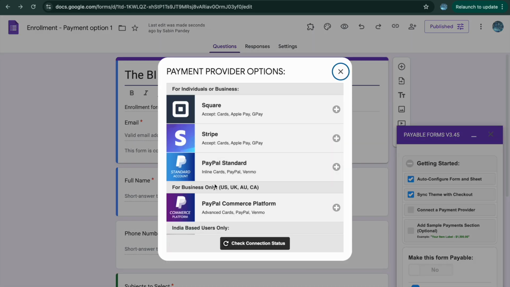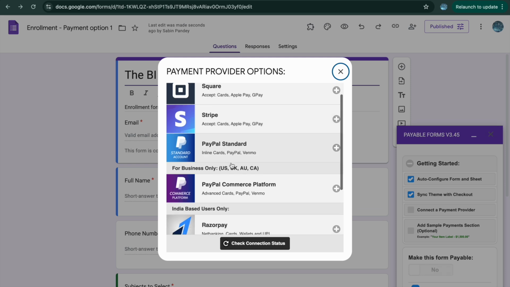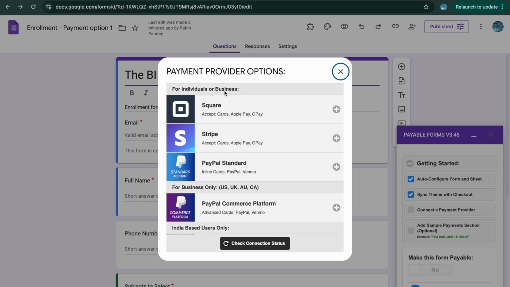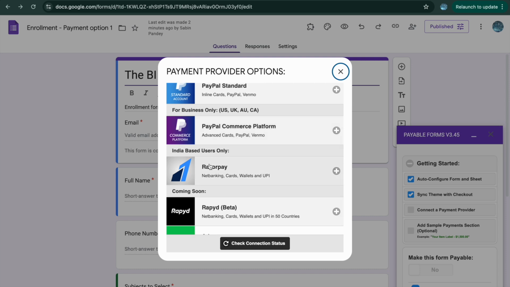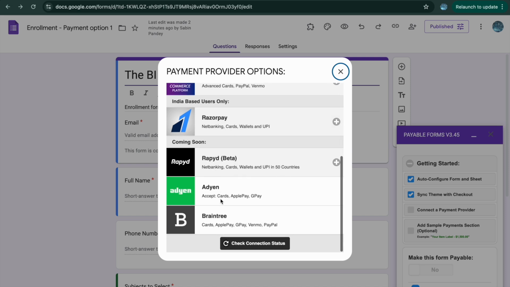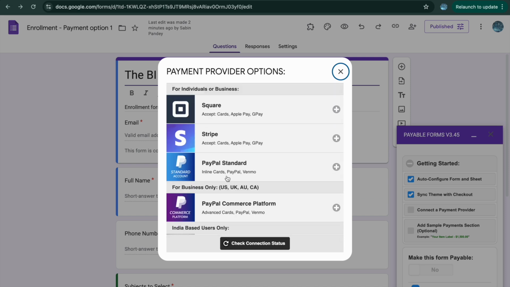Payable Form offers Square, Stripe, and PayPal as payment providers for now. For the US, UK, Australia, and Canada, you can use PayPal Commerce Platform, and in India you can use Razorpay, and there are a bunch of other payment options coming in the future. For our purpose, let's do the PayPal standard,